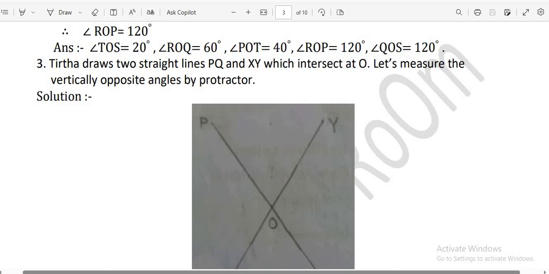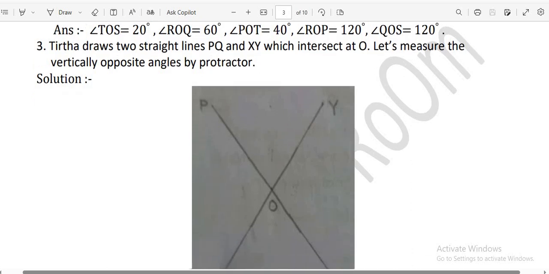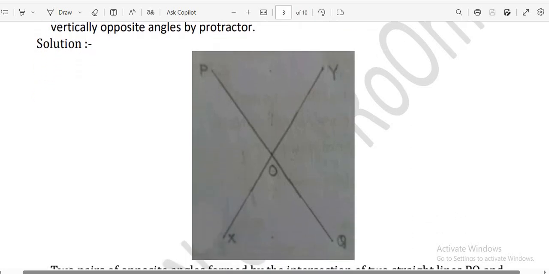The next math question, number 3. Draw two straight lines PQ and XY which intersect at O. Let's measure the vertically opposite angles by protractor. The solution: